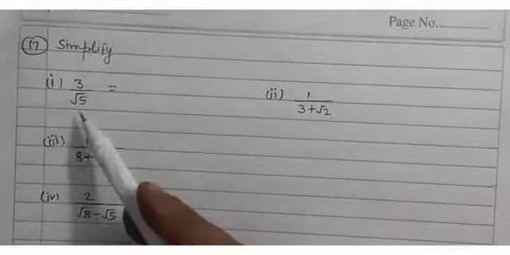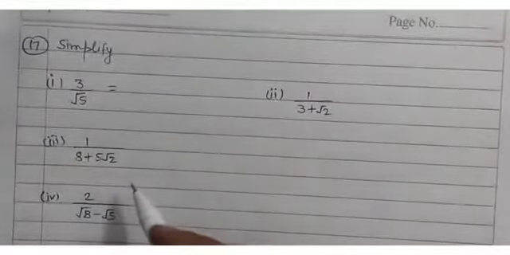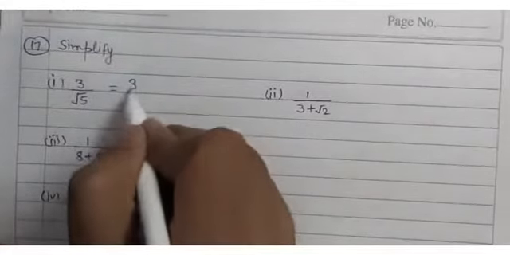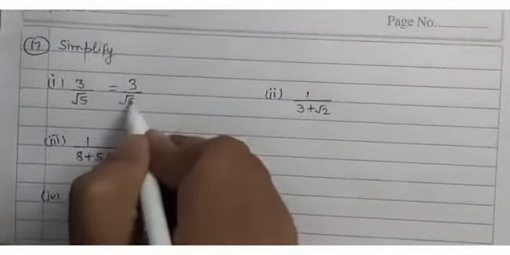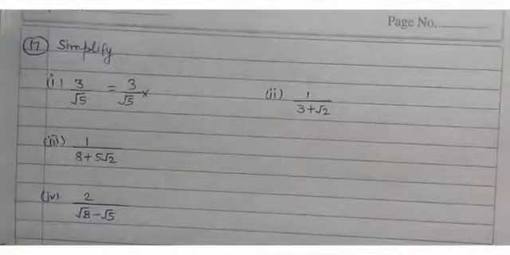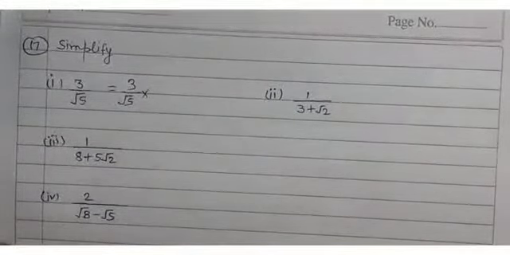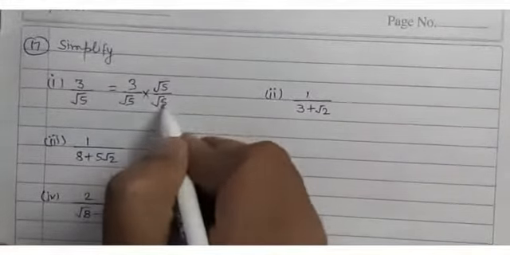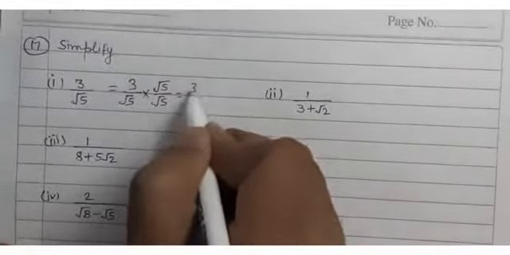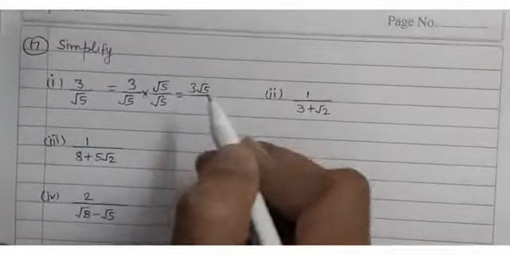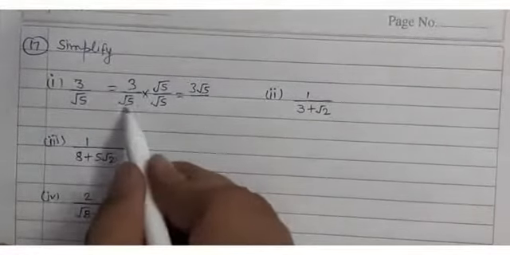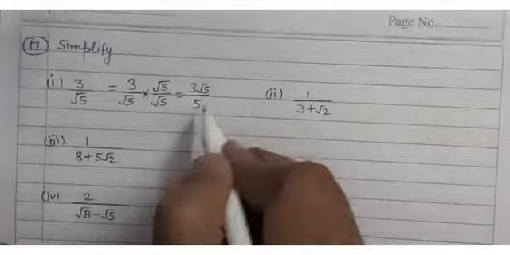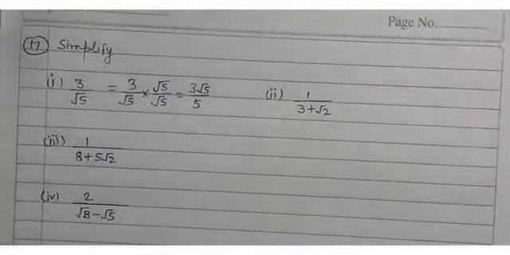What is there in the denominator? Root 5. So root 5 is the rationalizing factor. So we can write 3 upon root 5 is the number. So you have to multiply by the rationalizing factor and divide it also. Multiply and divide by this rationalizing factor. So 3 root 5 is in the numerator, and root 5 into root 5 is what? This is 5. This is your answer.